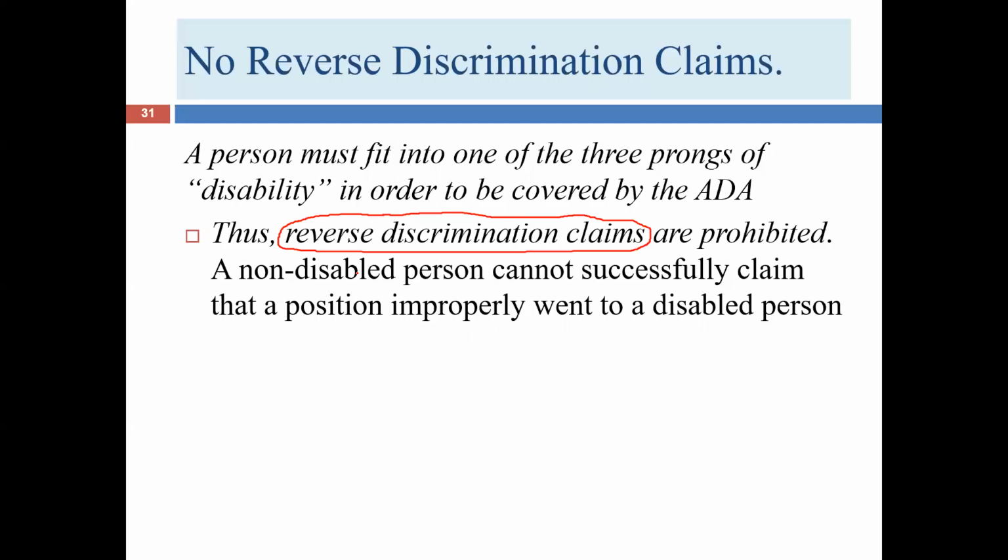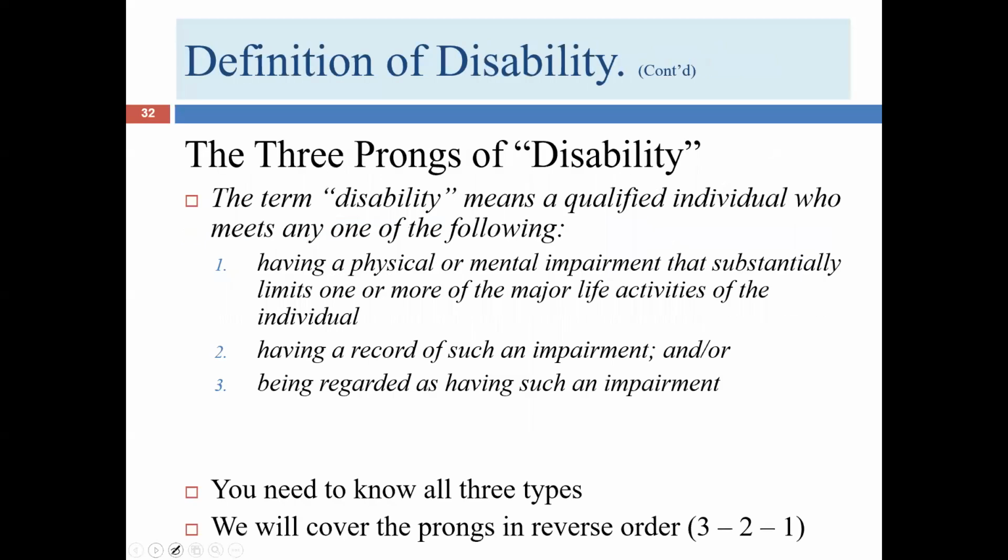And the law does not provide a remedy for the non-disabled person under the circumstances. There really is no claim that that non-disabled person can advance, at least not related to disability. Now, of course, that person can advance a race claim or an age claim or a religion claim or something along those lines, depending upon the particular circumstances that that person is seeing.